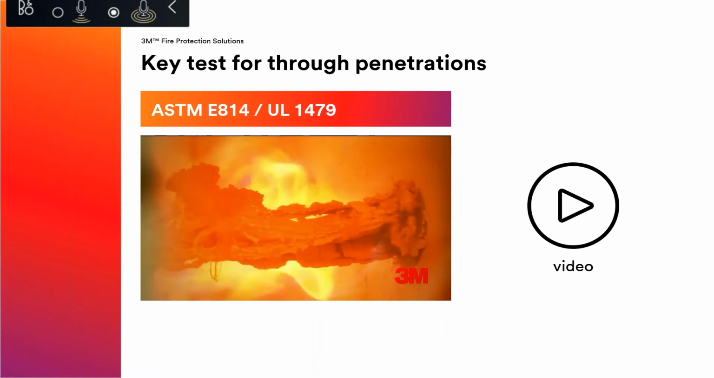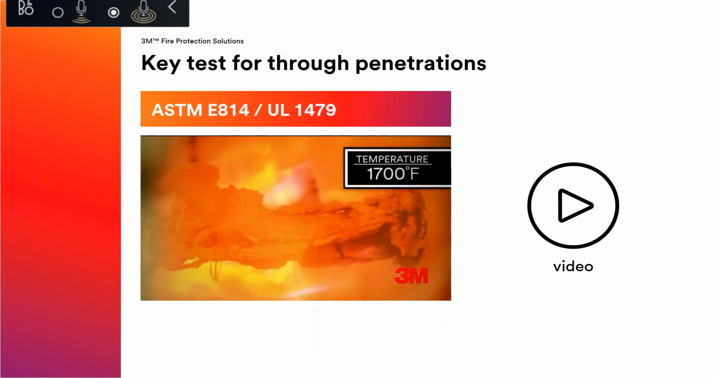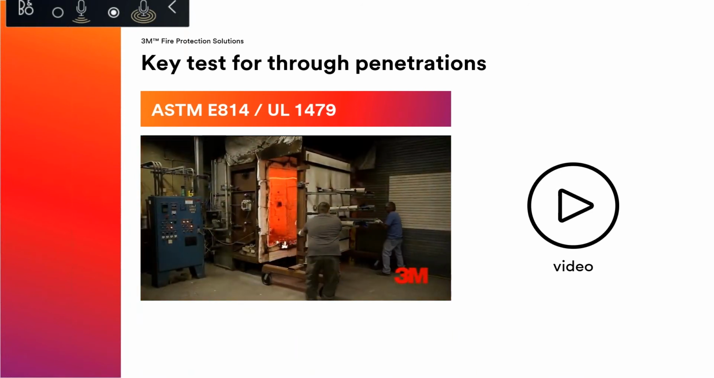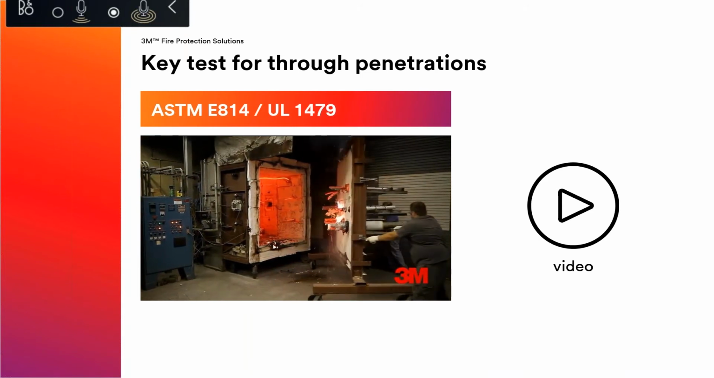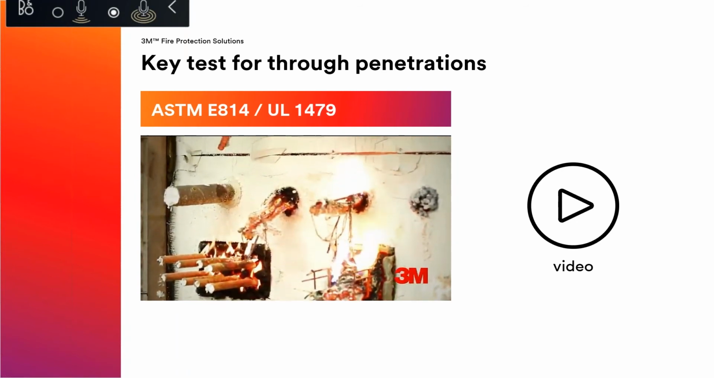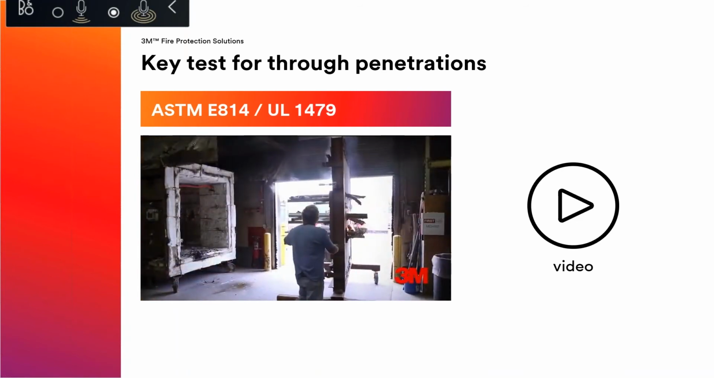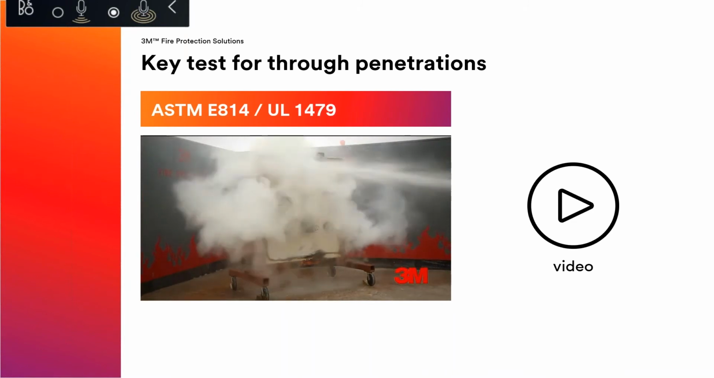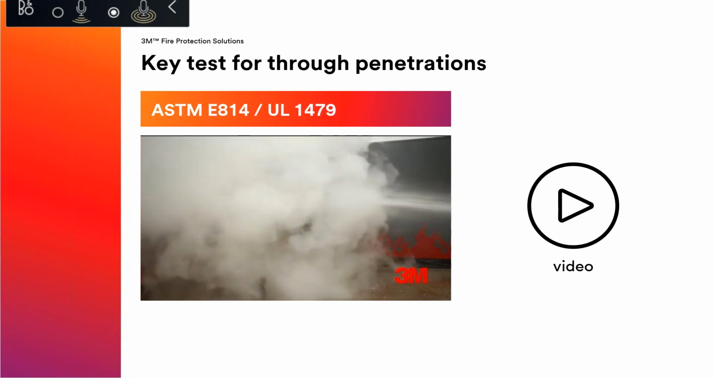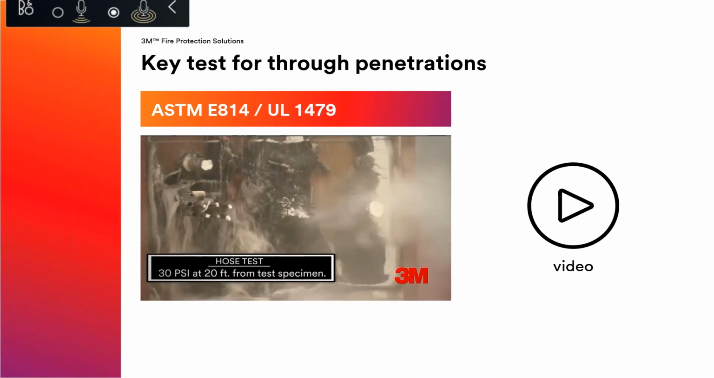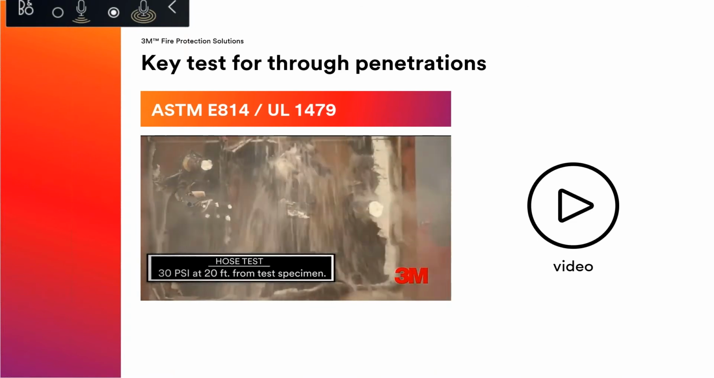So here it's hooked up essentially to a furnace. It's exposed to 1700 degrees. Okay, so that's not just the penetrating items, but the wall, the gypsum, the framing. I believe in this situation this is a wood framed wall, but you can see the gypsum did its job, right? It held up. What's happening here now is it's exposed to a hose stream test, 30 psi, minimum 20 feet,